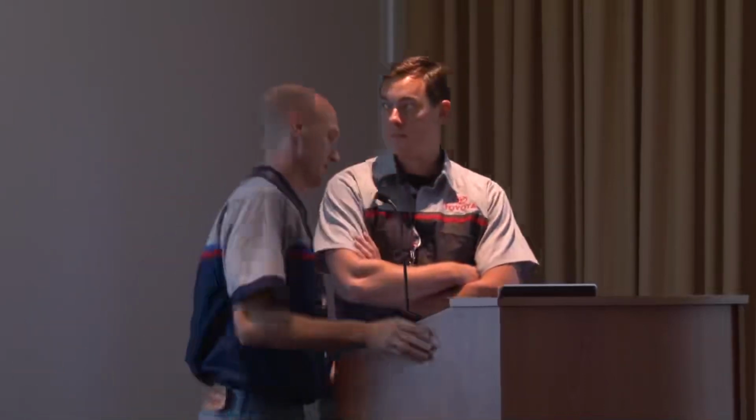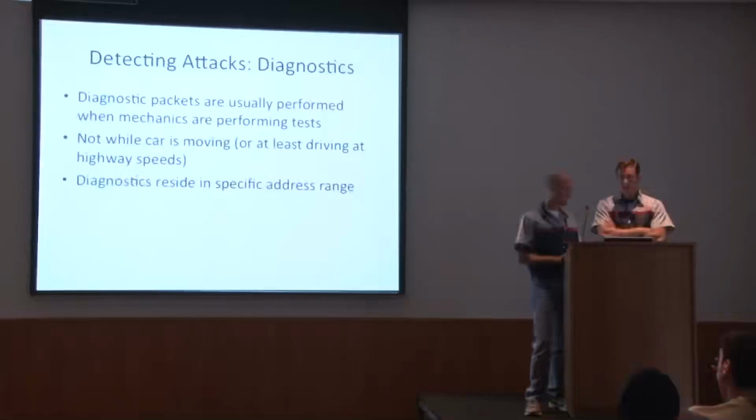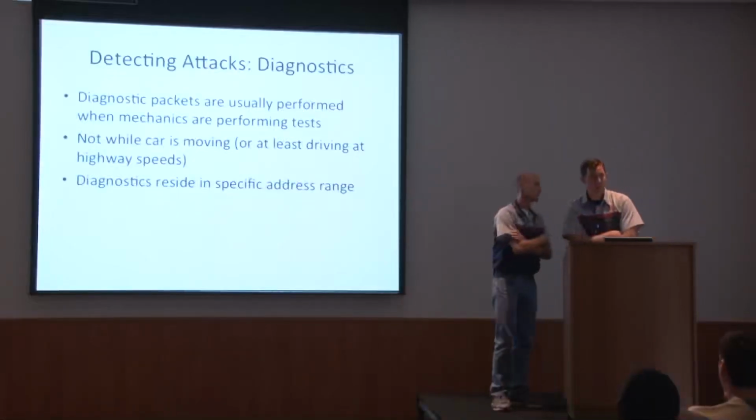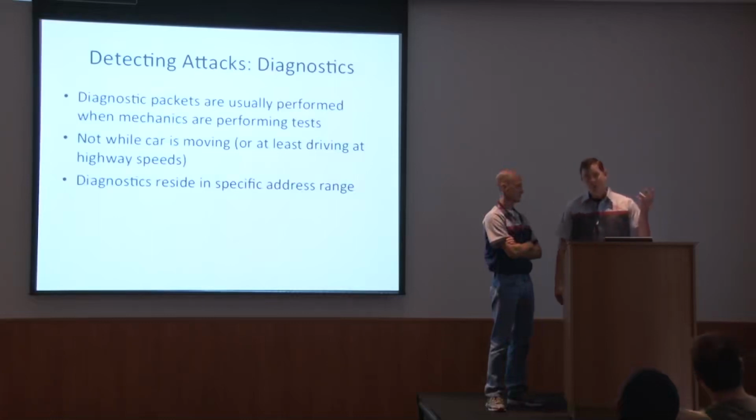This is a histogram of the rate that you see messages, and our attack would be way off the chart. So if you just kept track of the rates of messages, you would be able to detect the kinds of attacks that we did in this research. For example, for the steering one, we needed to trick the car into thinking it was going a speed below 5 miles an hour. It received a speed packet maybe 10 times a second. We sent it 10,000 times a second. So we just literally flooded the network.